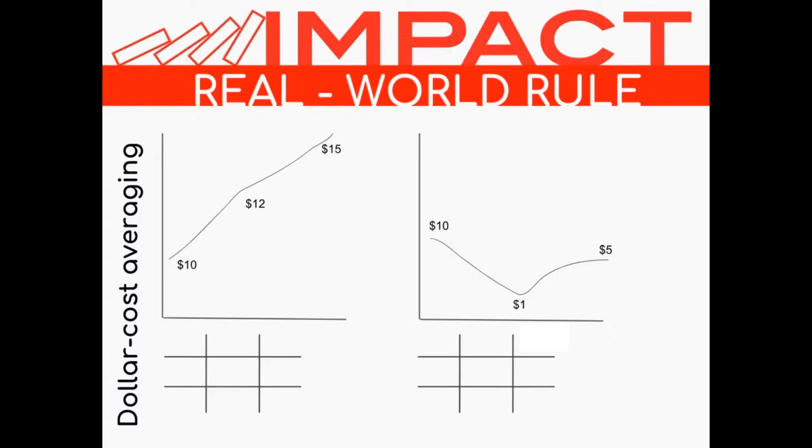If we only put in $10 one time at the very beginning, our $10 on the graph on the left becomes 12, and then it becomes 15. And obviously we would cash out at 15 and we'd be excited. On the one on the right, when we cashed out, we'd only have $5. But the concept here is not lump sum investing. It would be consistently investing over a consistent amount of time. And so the power in dollar cost averaging is what it does in a rising market and also a volatile market.